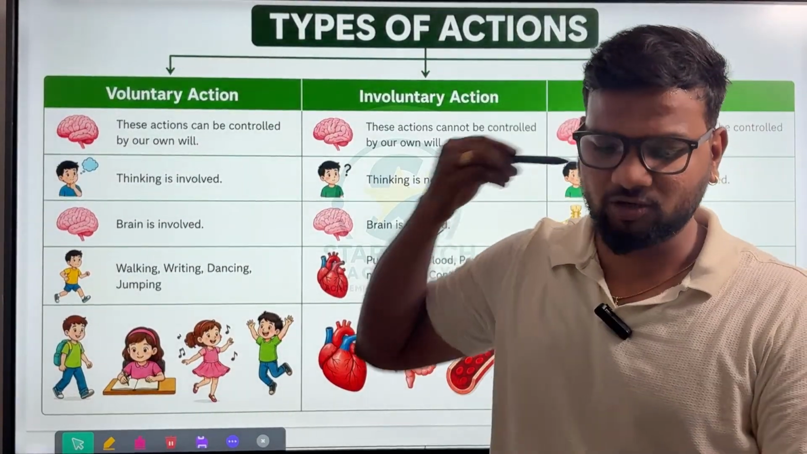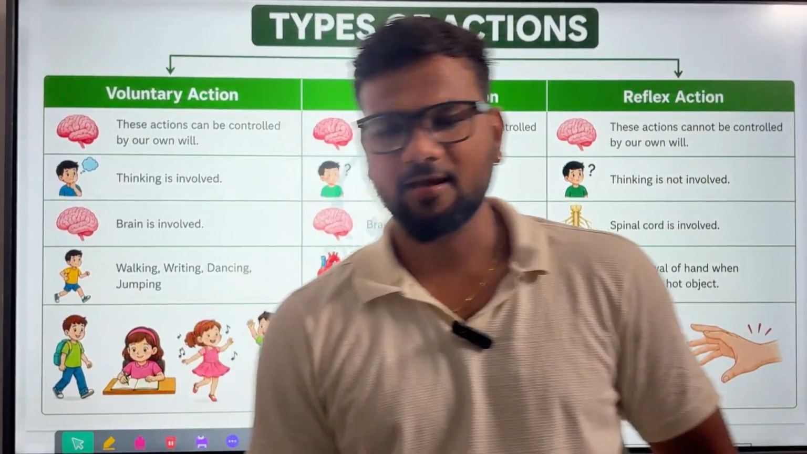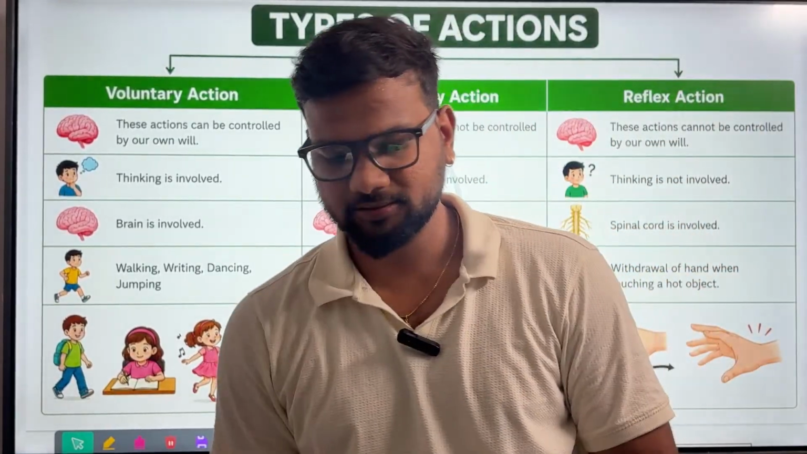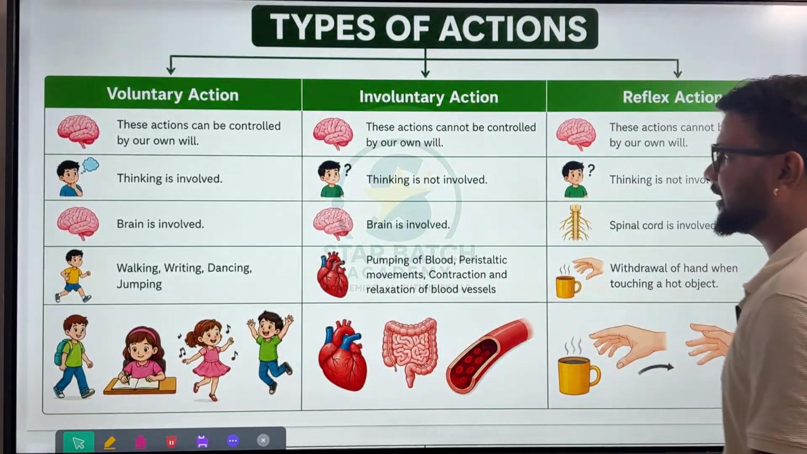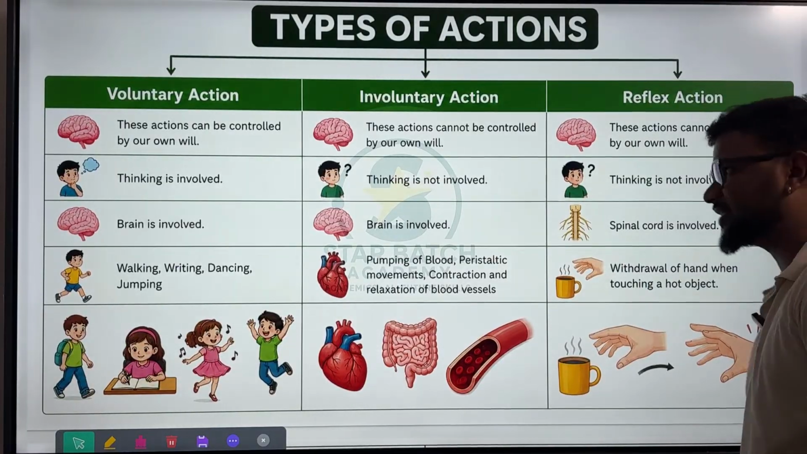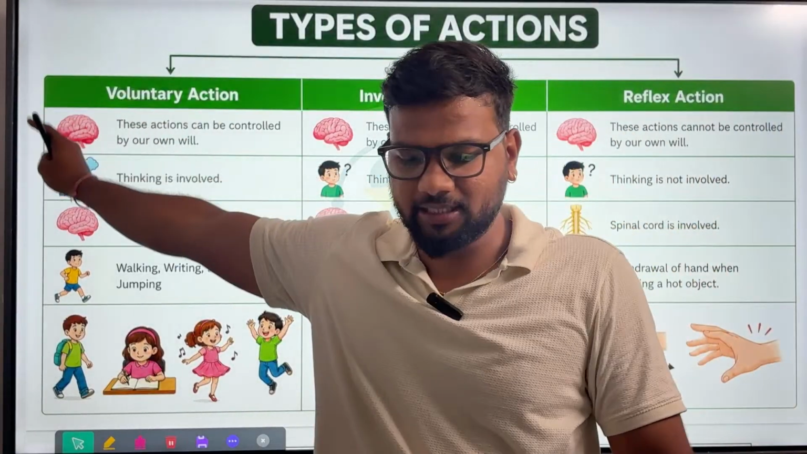Yeah, we have the types of action. So what are the types of actions? Types of actions are nothing but voluntary, involuntary, and reflex. Voluntary is nothing but